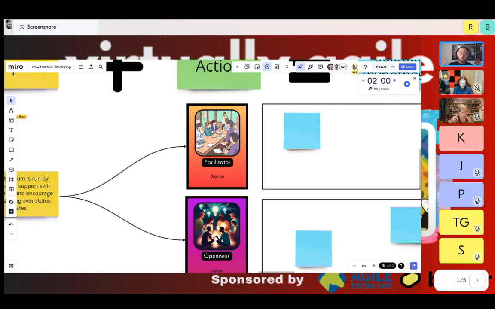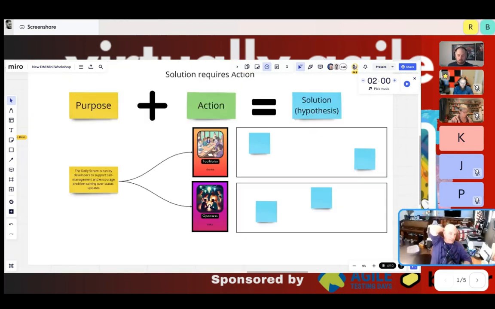You can also completely ignore those cards, right? You could just immediately have a light bulb moment, in which case that's great, right? It's just about getting you to here's something I think I can do. And then the solution hypothesis might be,